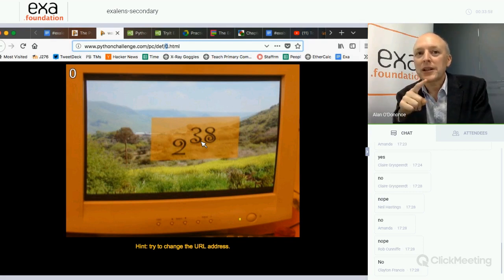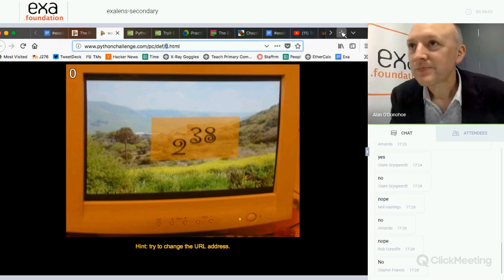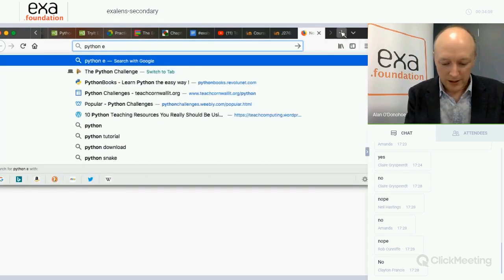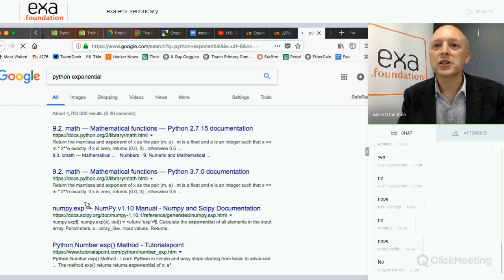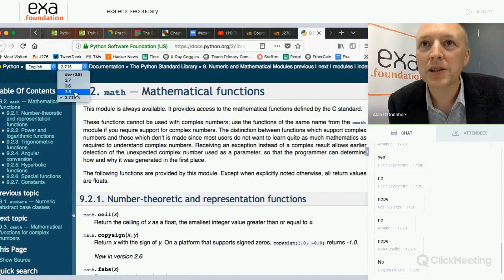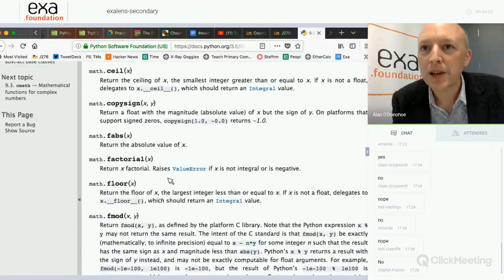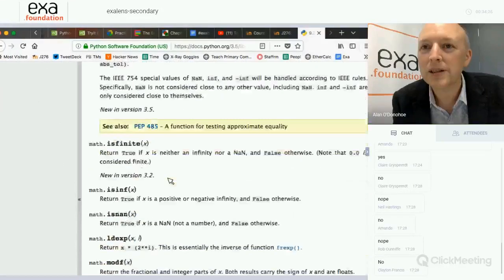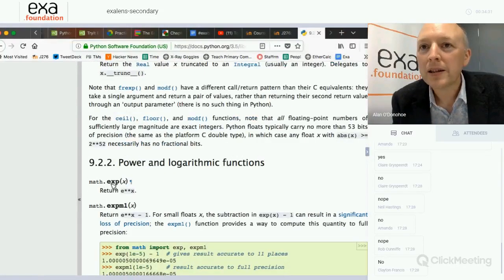where you can work out the exponential of a certain thing. Now, I've forgotten what it is, but let's try this. Python exponential mathematical functions. Oh no, I clicked on Python 2. I should have gone to Python 3. So on the top, change to Python 3. Mathematical functions. So one of these, now I haven't practiced this before. I should have done, because then I wouldn't. Okay.